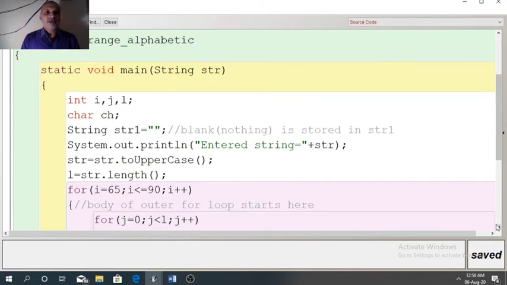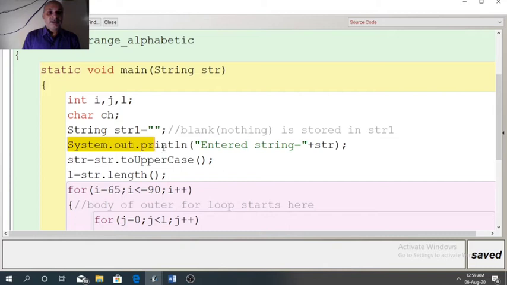This program is also designed with a function, argument, accept input in the variable str. I is a loop variable, L is used to find the length of str. J is also a loop variable. Here we need to create two loops, that is why I and J both are loop variables. Char ch to extract each character of the string str. Now, after arranging the string in alphabetic order, the modified string we have to store in str1. So initialized it with blank.